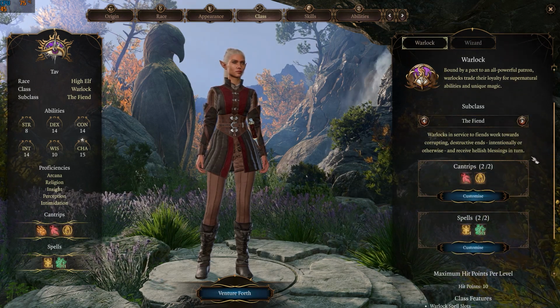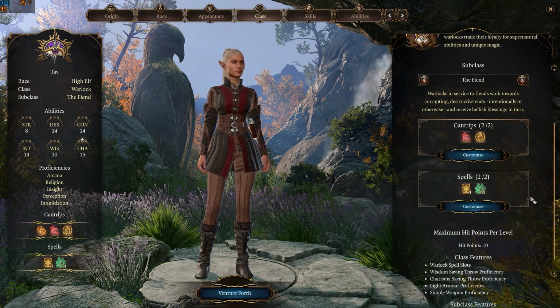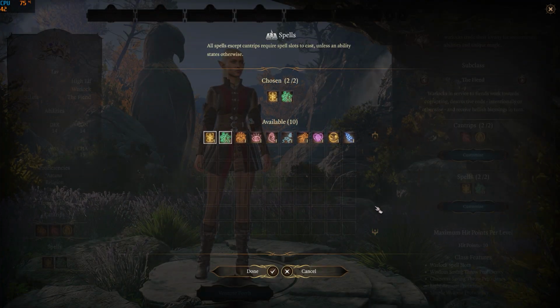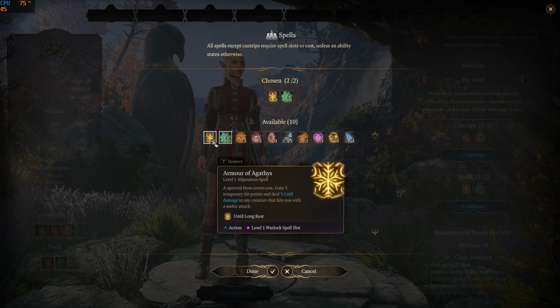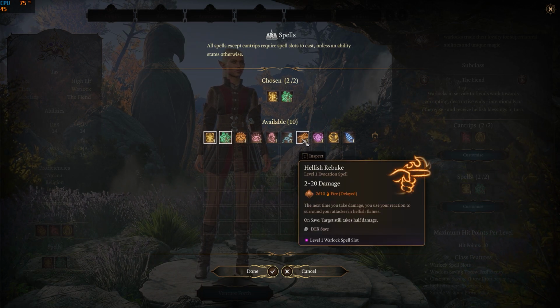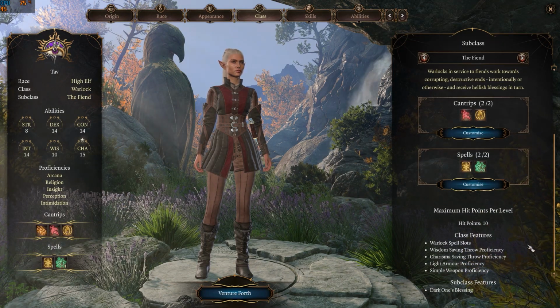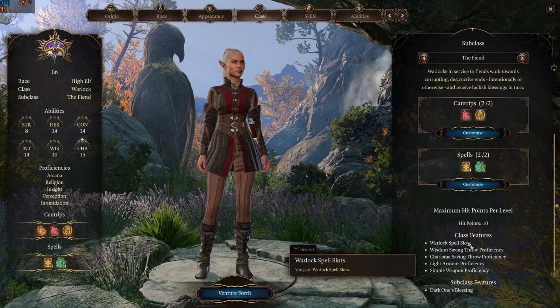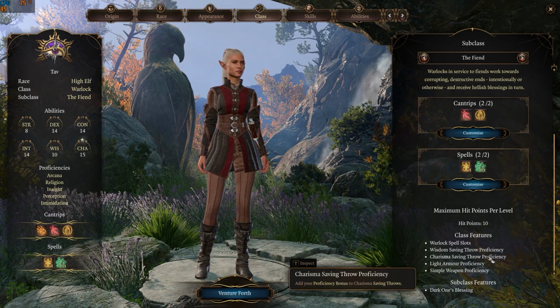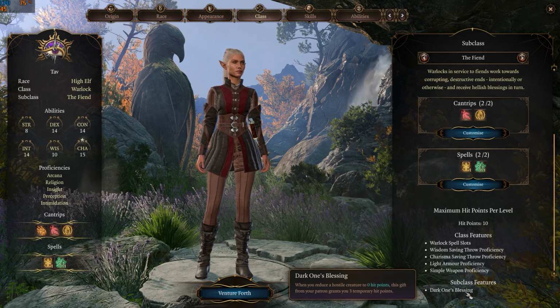Unlike other classes, Warlocks need to select a subclass at character creation. That's because the Fiend and the Great Old One's spell selection are different, even at level 1. Fiends gain access to plenty of offensive spells, especially when they reach level 5. Though both subclasses share the same class features, such as light armor and simple weapon proficiency, their subclass feature is